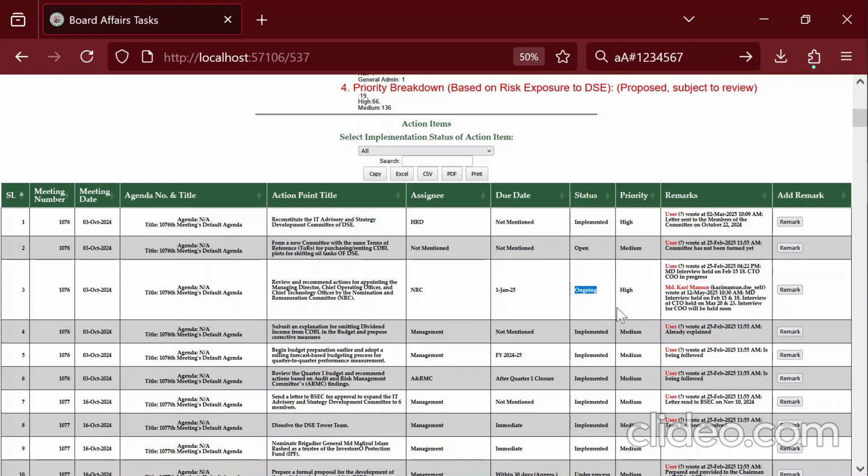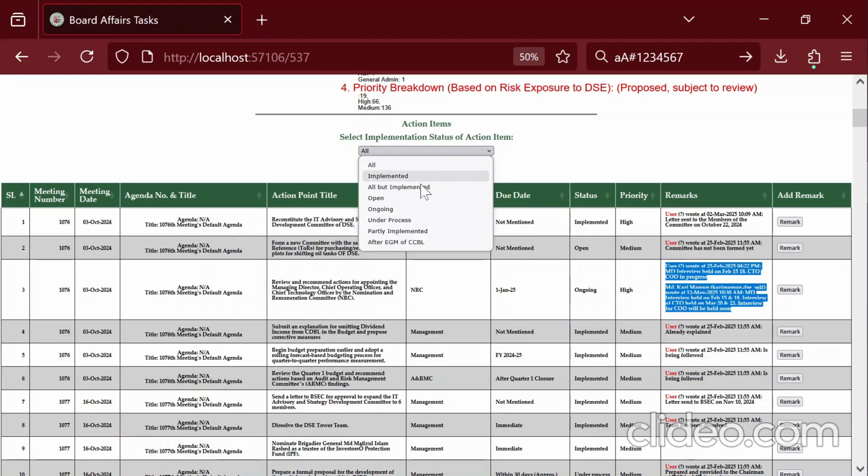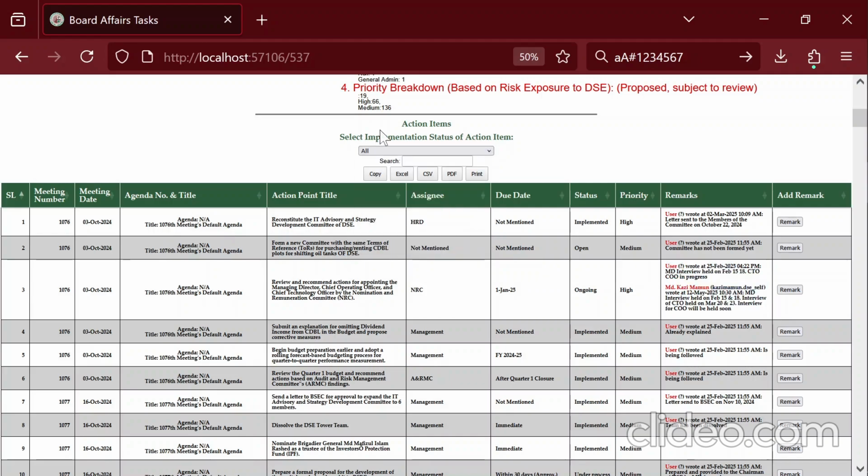ongoing, the priority. And afterwards, we can also see comments which give updates on what exactly is the current status of the action point. If we wish to filter the action points in terms of which have already been implemented and which have not, we simply click on this drop-down and we select what specific status we wish to